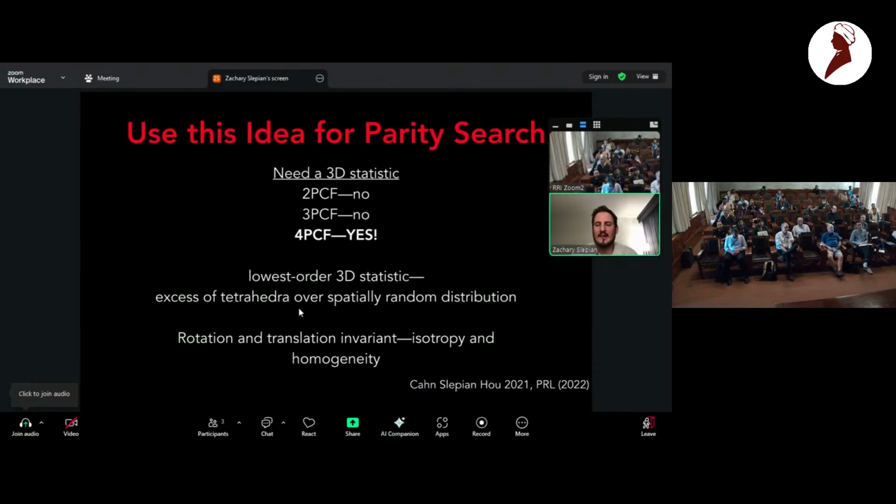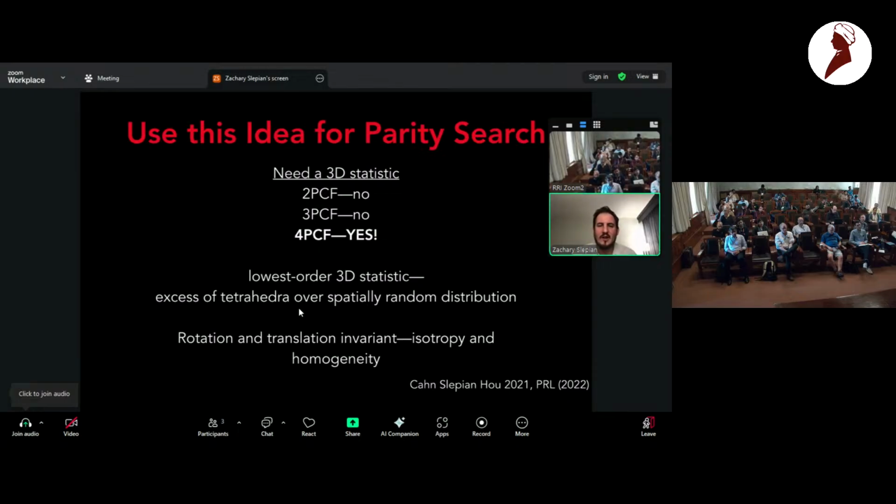Similarly, the three-point correlation function, which measures excess correlations among triplets of galaxies over random, well, that describes triangles. Now, a triangle is also a plane. All the points of a triangle are coplanar. So again, a triangle is two-dimensional, not three-dimensional, so it's not going to work. However, the four-point correlation function is the lowest order three-dimensional statistic, and it describes an excess of tetrahedra over